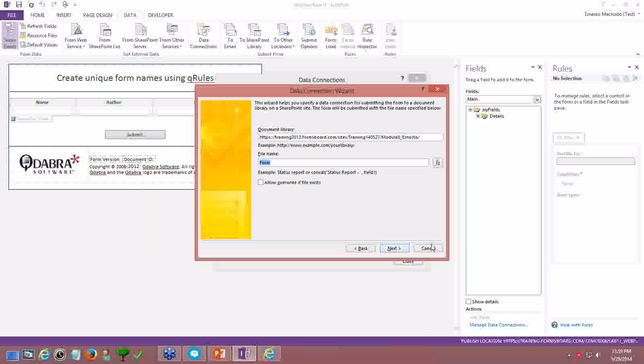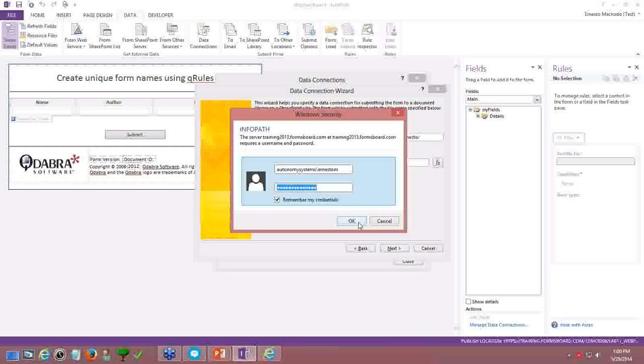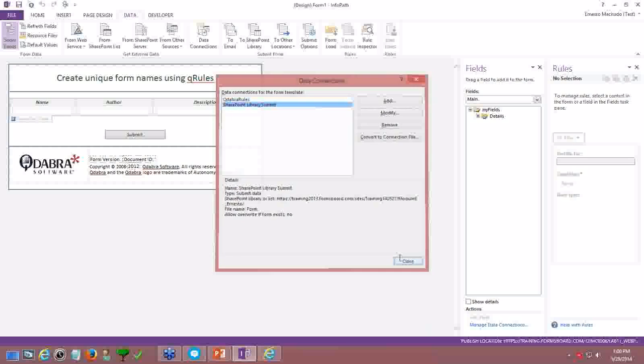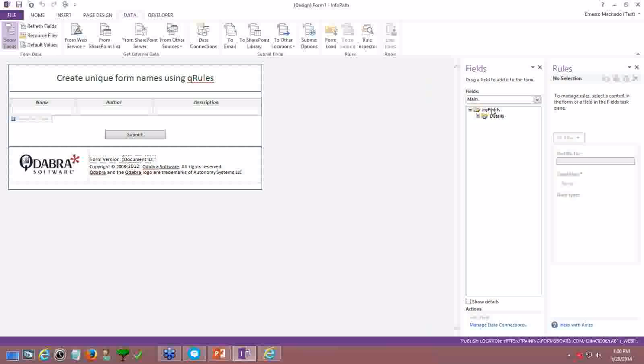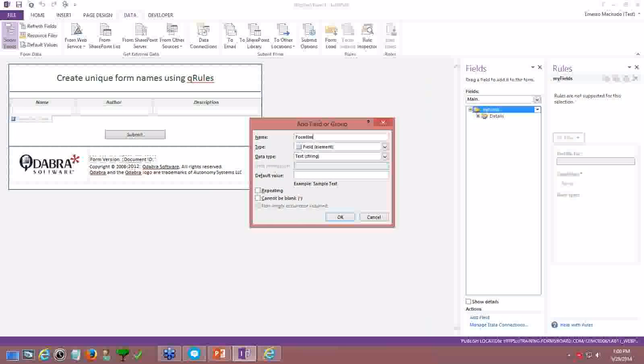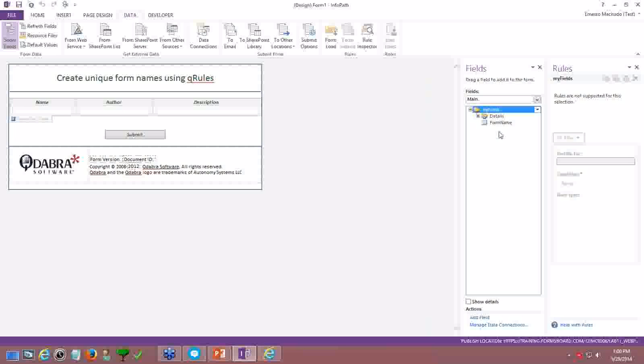There's my URL, and I need to define my form name. So let's leave it like this. This is incorrect, of course, but I'm going to leave it like that for now. What I'm going to show you is that you can add a form name field in your main data source, and you can actually use this